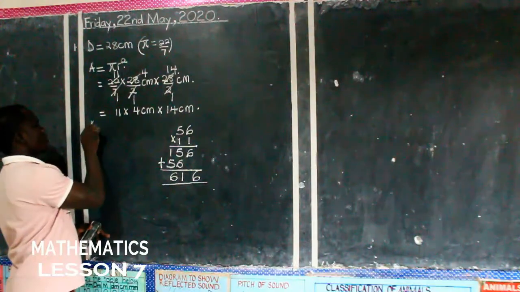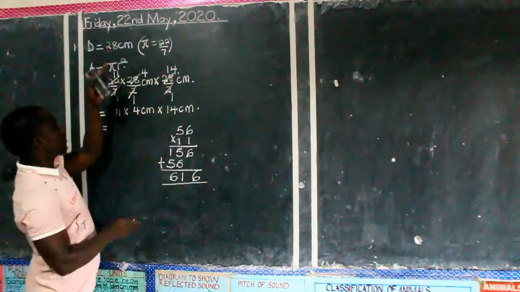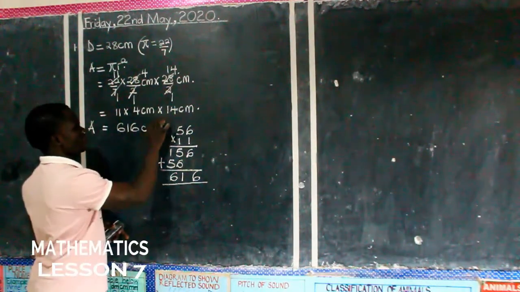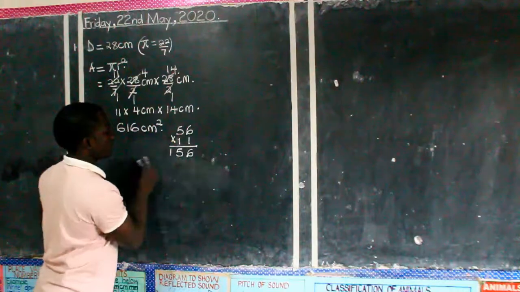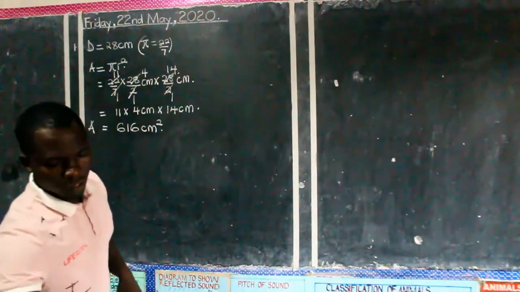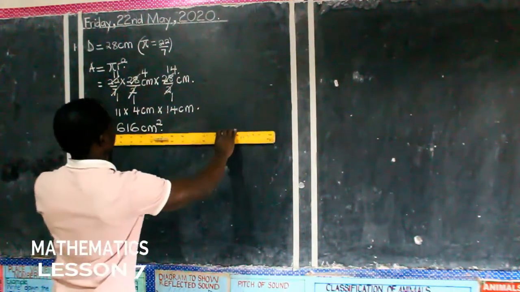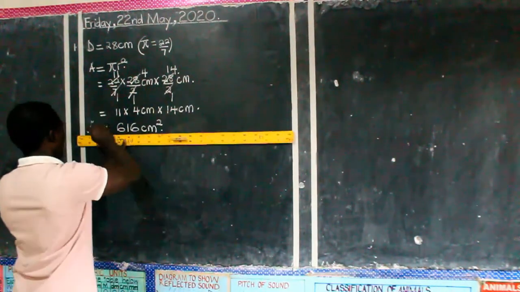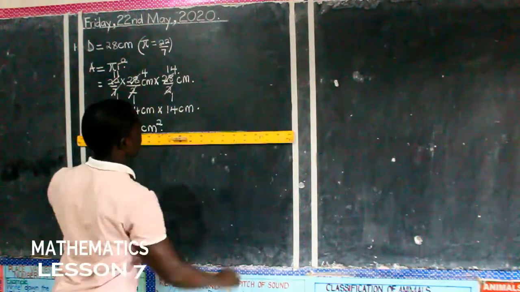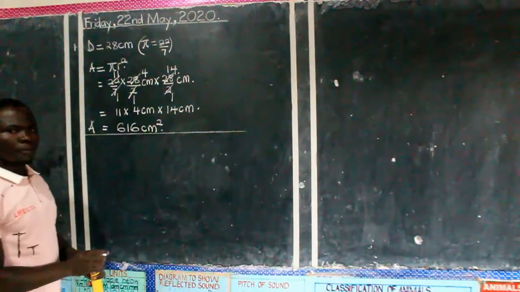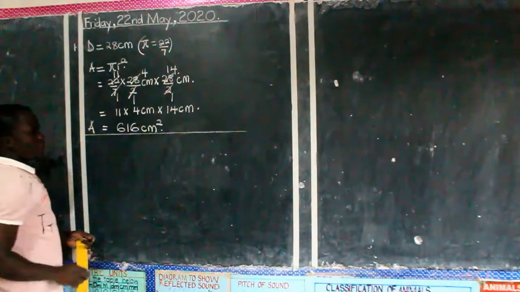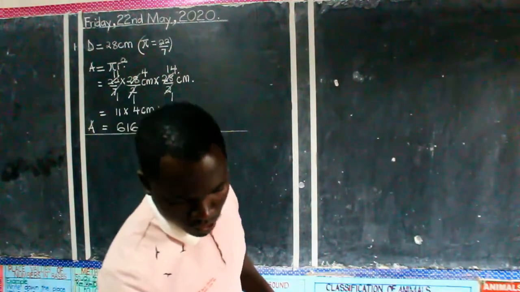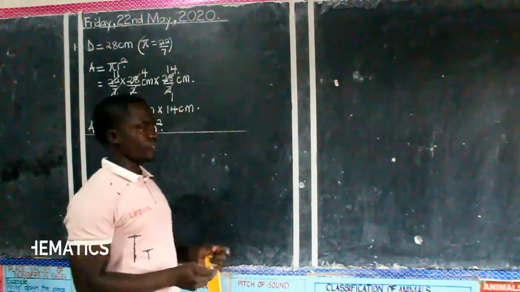So the area of this circle whose diameter is 28 is 616 square centimeters. This was number 1A. Number 1A. And this is the number that you sent to me that you needed some correction. Then the number in equation 2 that was sent to me was